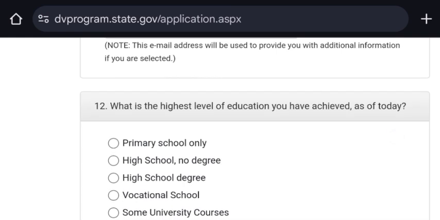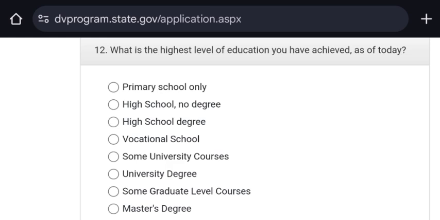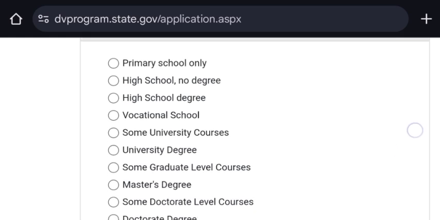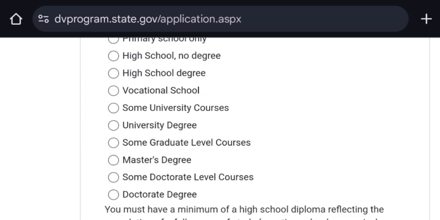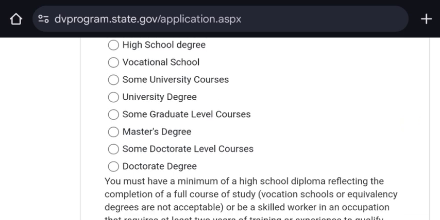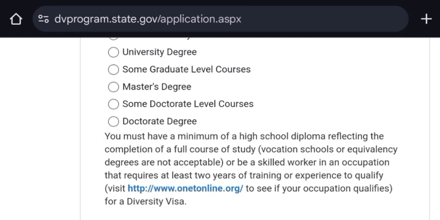What is the highest level of education you have achieved as of today? As you can see, there is a primary, high school, high school degree, vocation school, some university courses, university degree, some graduate level courses, master degree, some doctorate level courses, doctorate degree. You must have a minimum of high school diploma.